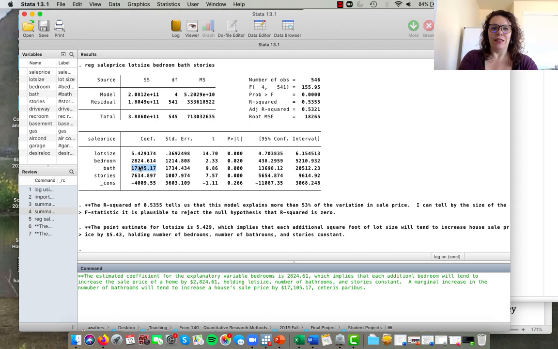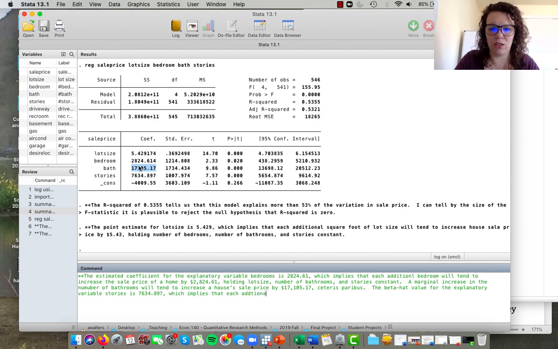Okay. Last coefficient, the estimated, let's say the beta hat value for the explanatory variable stories is 7634.897, which implies that each additional, that's not right, additional, gosh, you don't realize how much you rely on spell check until you can't have it, huh? Each additional story